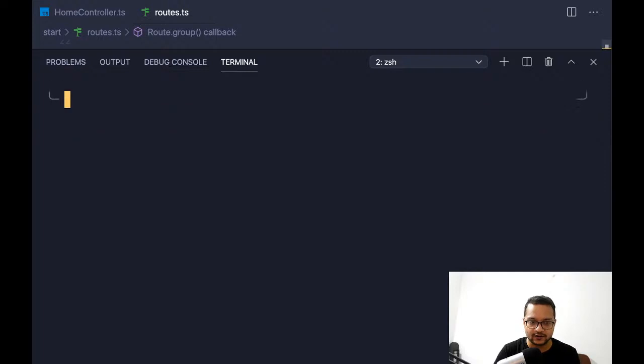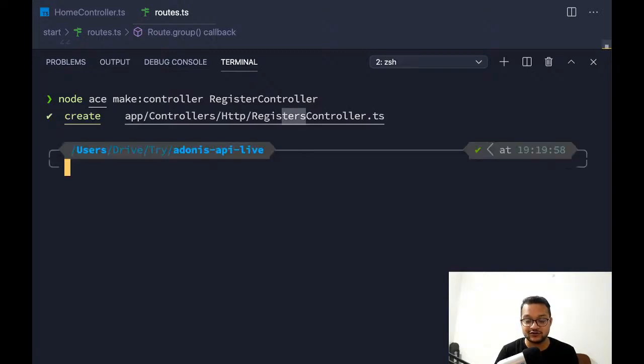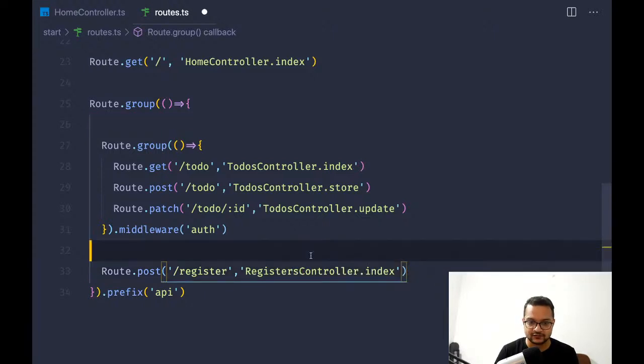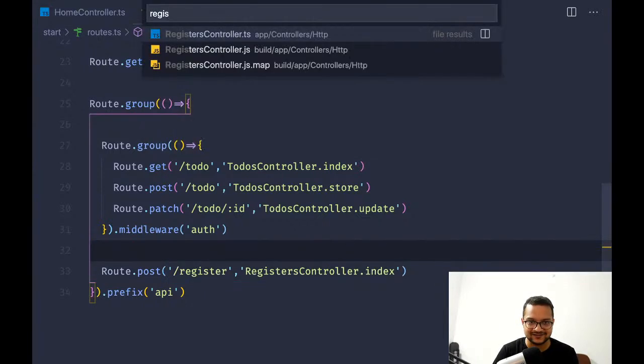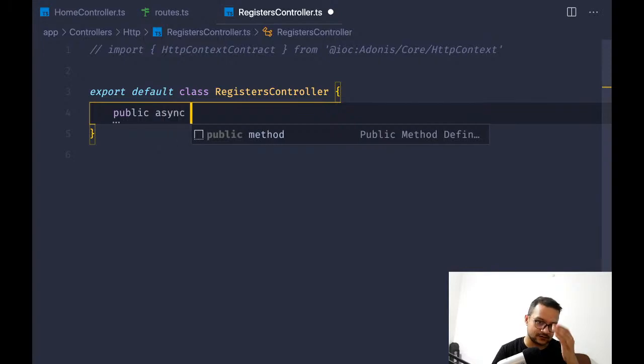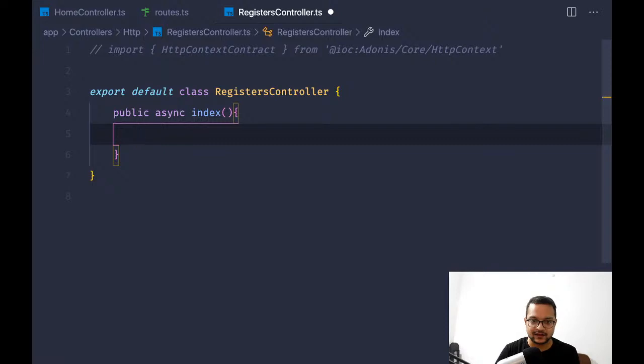Okay, so let's create this controller first, and here we are. Node ace make controller register controller. So now it has converted it to registers. Okay, so this is not good. I don't like this. Registers controller. It's okay. Public async index, and then I want to register